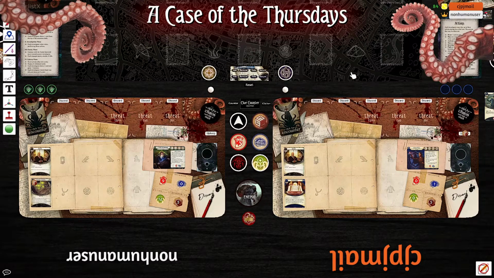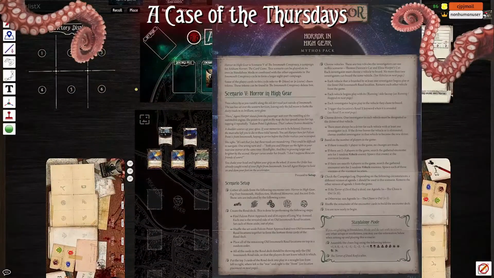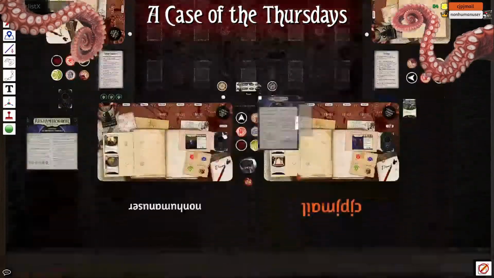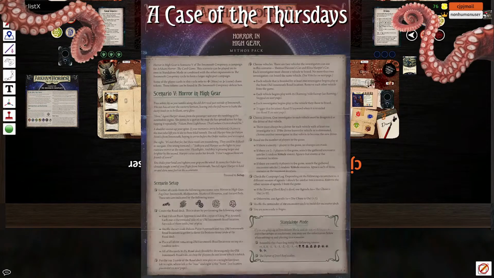Yeah. Here we go. So let's set up Horror in High Gear and try and figure out what the hell is going on with this thing. A long-time thing that programmers of this probably should take a look at is when you save a game, save the camera settings. That's like something